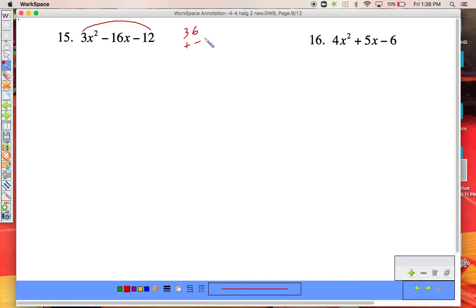So I need 2 numbers that multiply to give me 36, and this time subtract to give me 16, because my signs are different. When I write them all out, I'm going to use 18 and 2. Since my signs are different, I have to decide if I want 18 minus 2 or 2 minus 18 to get a negative 16. So I'm going to use 2 minus 18. I'm going to leave the 3x squared minus 12 as they are, and in the middle,